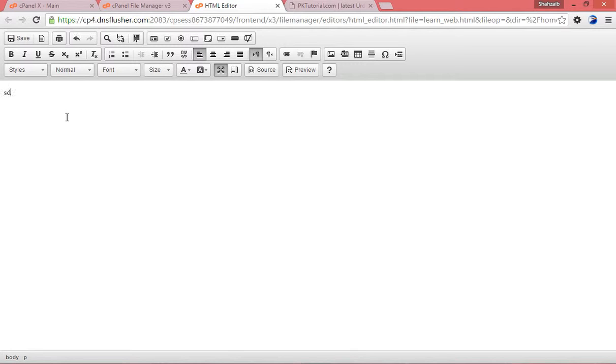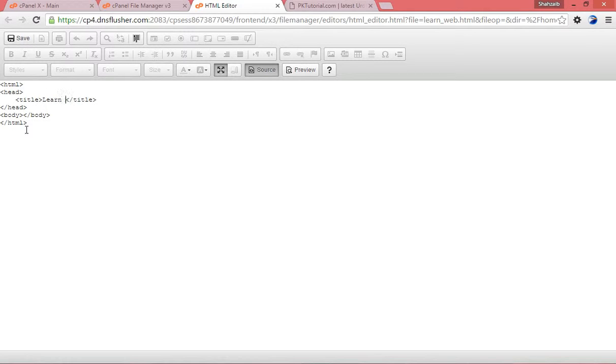If I click there, I can type anything I want. One thing more I want to make clear: here I'm not just working on HTML, I'm working in the designing way. But if I click on the source, now it's the HTML format which you know about. Now I'm putting the title, learn the web hosting. Okay, now go there in the body,